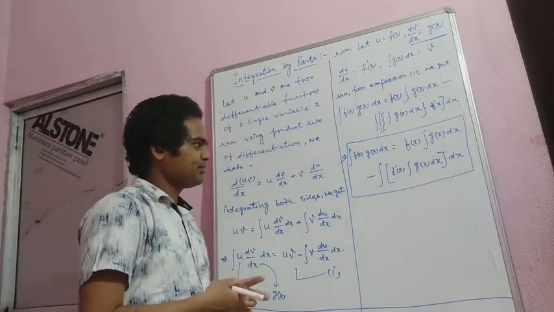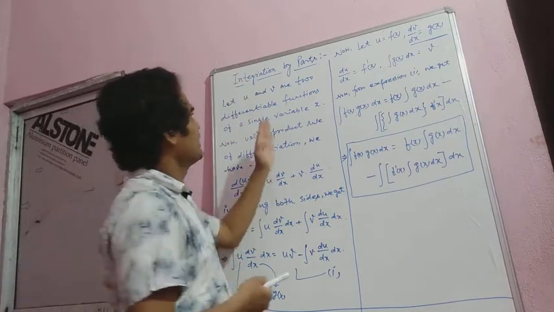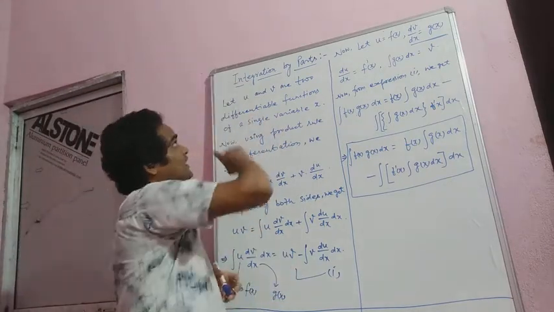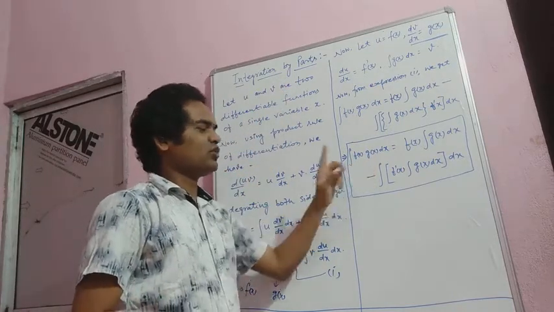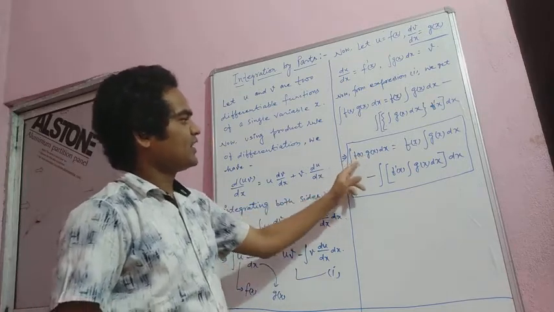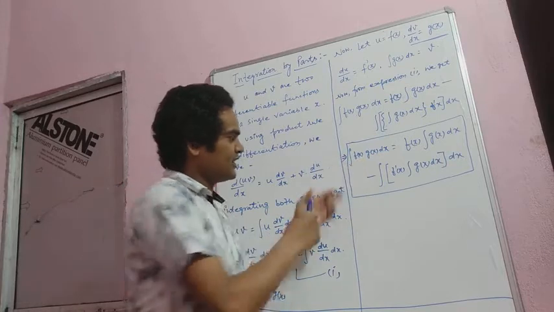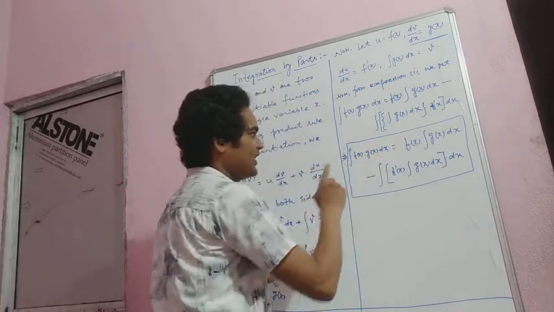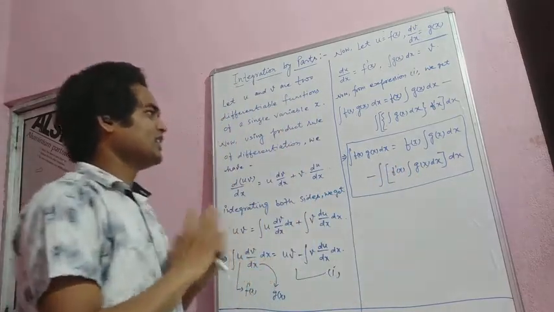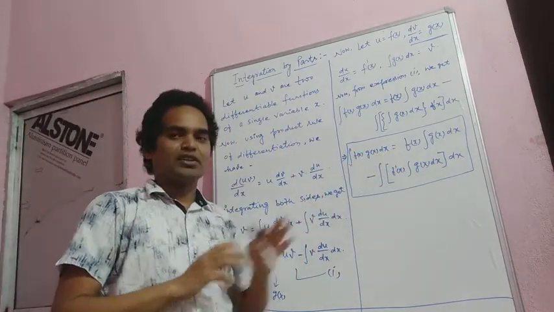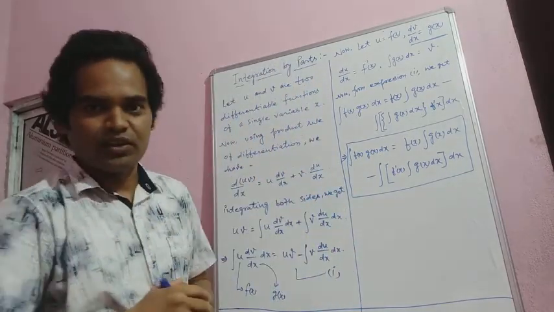Now, students, this is the derivation to find the formula to integrate by parts. Here f(x) and g(x) are two functions of x, and their product is f(x) into g(x). For integrating such a function we can express it in this formula. Then we can easily integrate these functions with the help of previous knowledge.